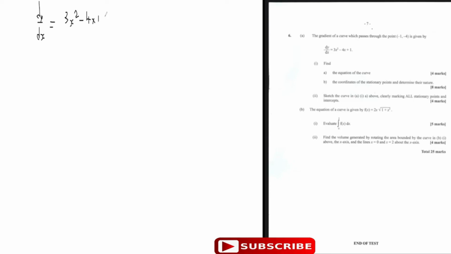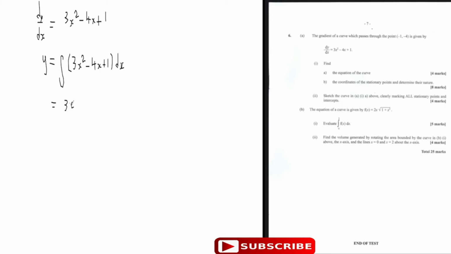And it says, find the equation of the curve. To find it, since you already have dy by dx, the equation of the curve y is going to be equal to the integral of dy by dx. So y is equal to the integral of 3x squared minus 4x plus 1 dx. That is y. So now you integrate that, and what you're going to get is 3x cubed